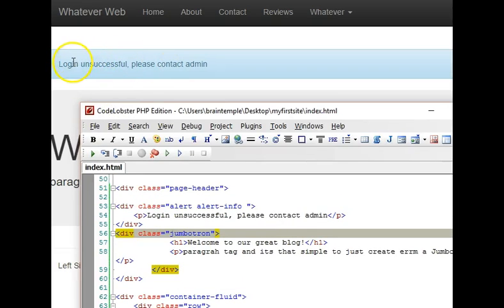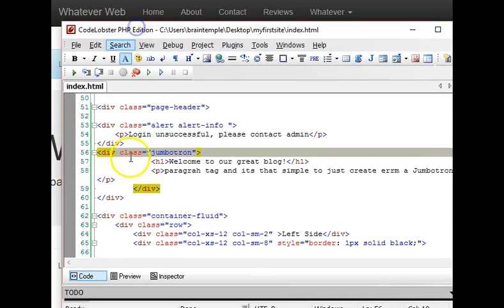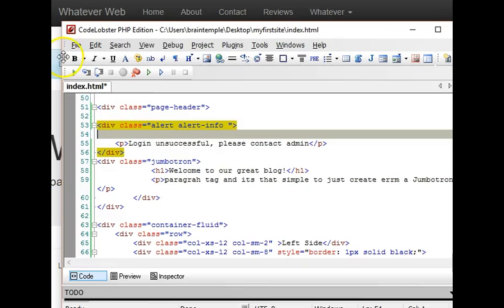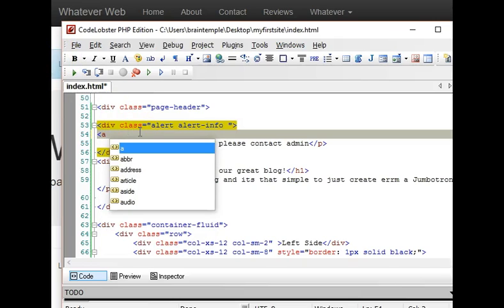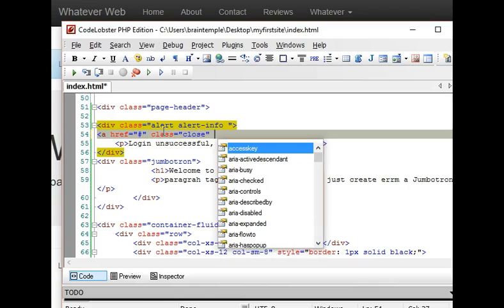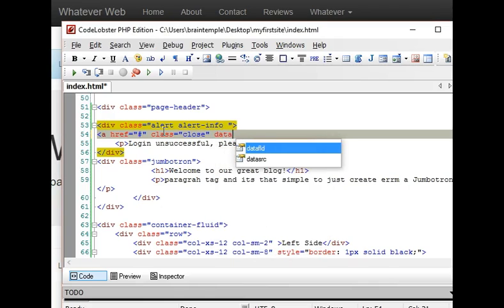As you can see, there's no way to close this alert. What we'll do is create a link inside the alert before the text, because we want it to appear first. We'll create a quick link, and remember how to create links. We'll keep it href, and we don't want it to go anywhere, so we'll put a hashtag, and we say the class should be close. Bootstrap, once you put a close class, understands what it's trying to do. Then you have to tell the Bootstrap JavaScript data-dismiss